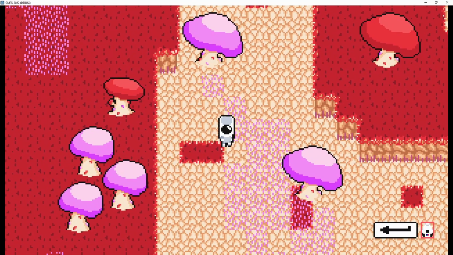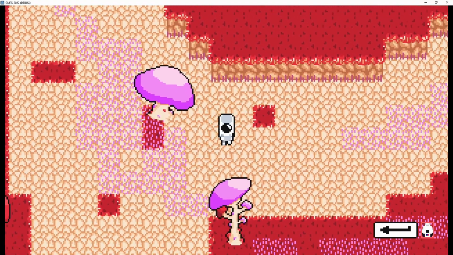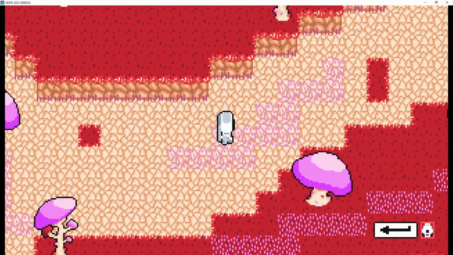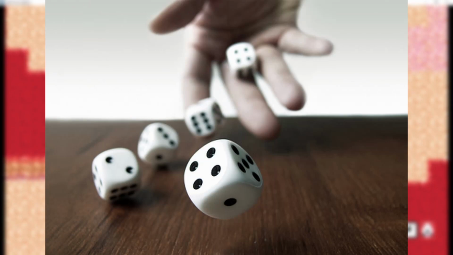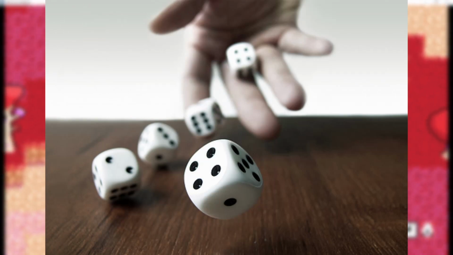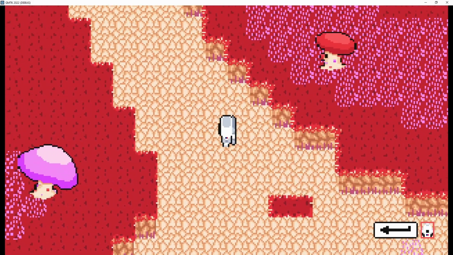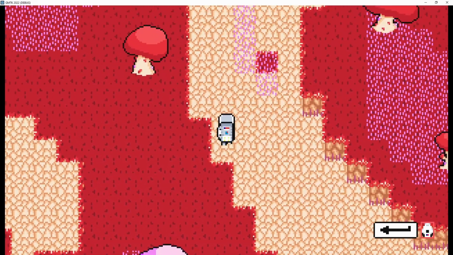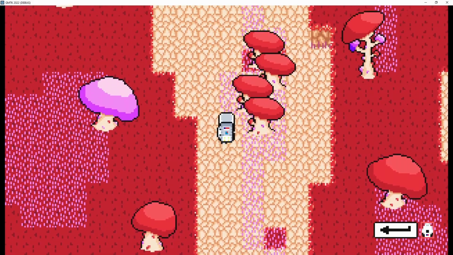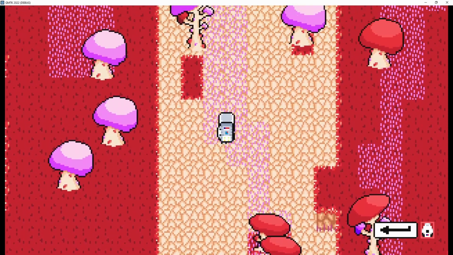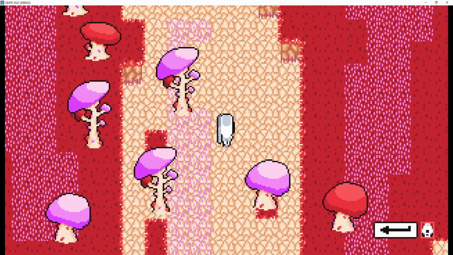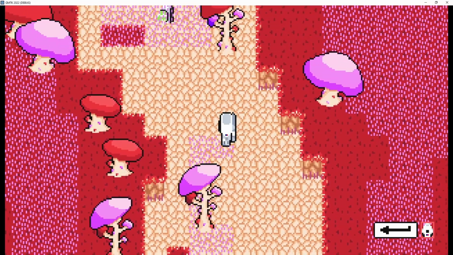Now, when I heard the theme Roll of the Dice, obviously the first thing that came to mind was a game centered around rolling dice of some variety. However, I couldn't really get an idea that I was satisfied with, so I decided to focus more on the randomness of the theme. Having my game center around a random mechanic of sorts would be a great way to keep the theme while being able to add more of a personal spin to it. With that in mind, I got to work immediately.